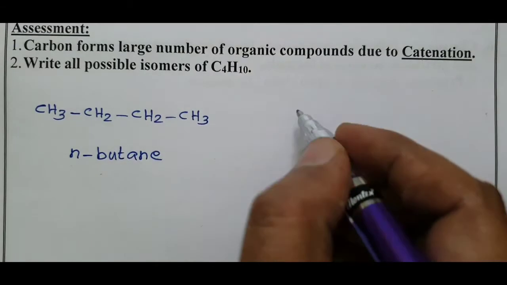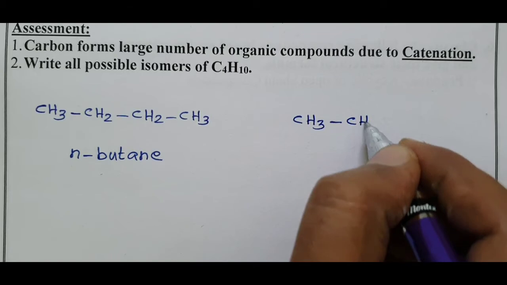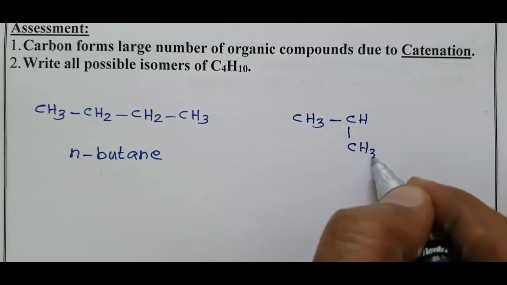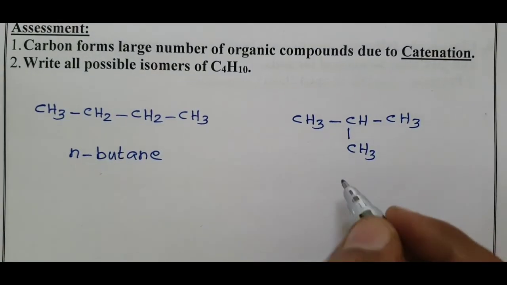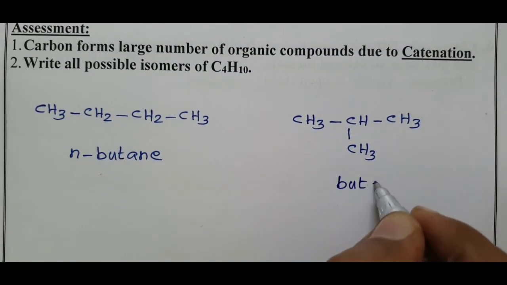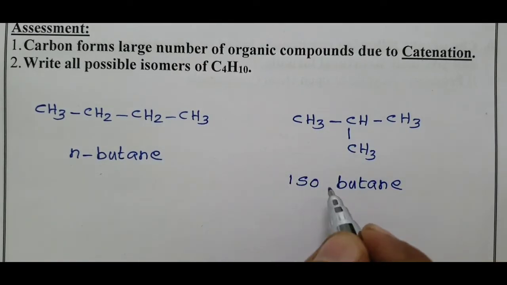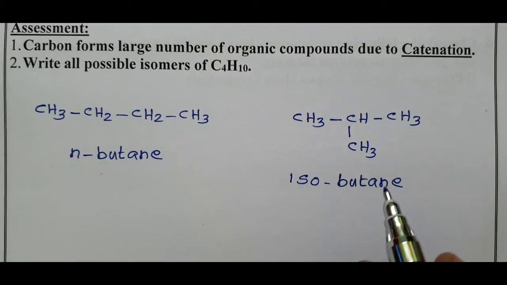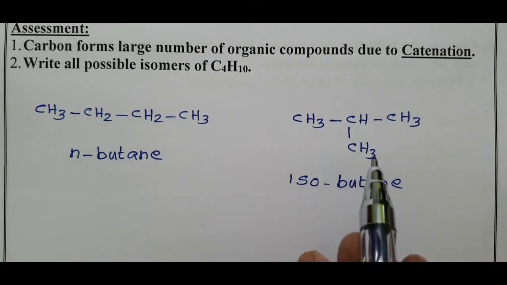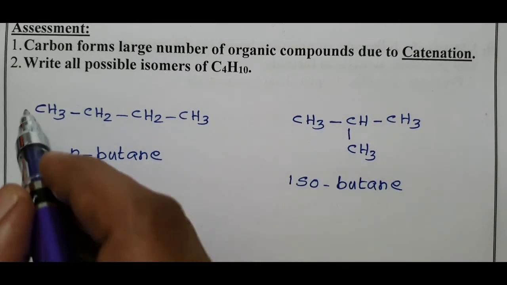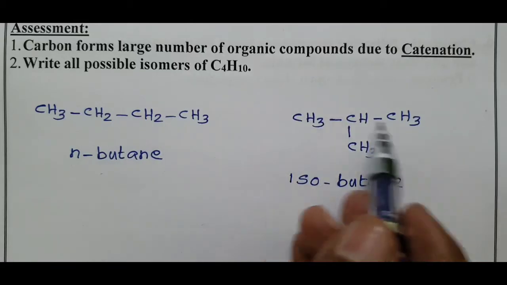For the same molecular formula, we can write one more isomer, isobutane. CH3, CH3, this is iso. One more carbon, a methyl, is attached to the center carbon. 4 carbon atoms, butane, carbon-carbon single bond, this is an iso form, therefore this is isobutane. Compounds having the same molecular formula but a different structural formula are called isomers. And this comes under chain isomers: the number of carbon atoms in the main chain is different. Main chain 4 carbon atoms, main chain 3 carbon atoms.